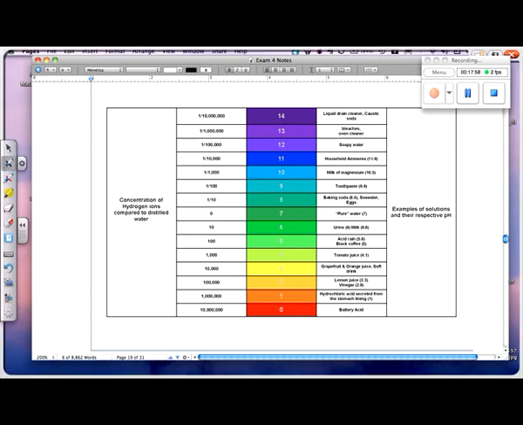When I have a pH of 7, now one thing that's wrong here is on the left-hand side, it says the concentration of hydrogen ions, which is H plus or H3O plus, same thing. Okay, that's what they're talking about. Compared to distilled water. So there should not be a 0 here, there should be a 1. So at pH 7, I have the same concentration of hydrogen ions as that in the distilled water, in pure water. When I go to a pH of 8,